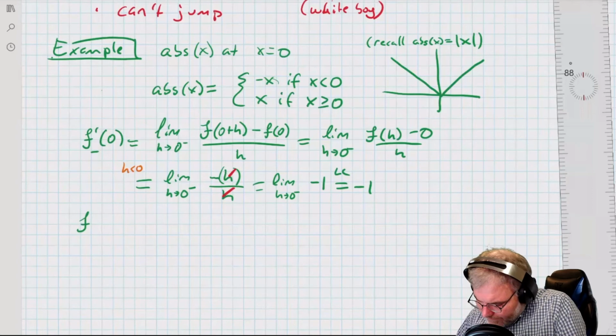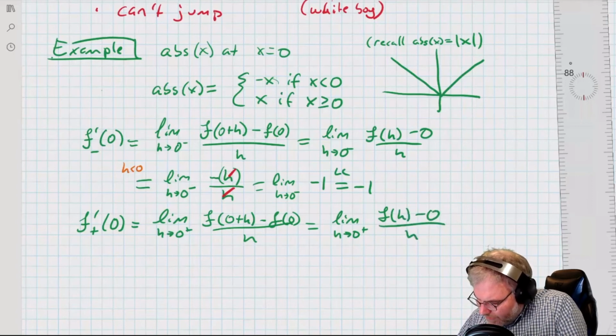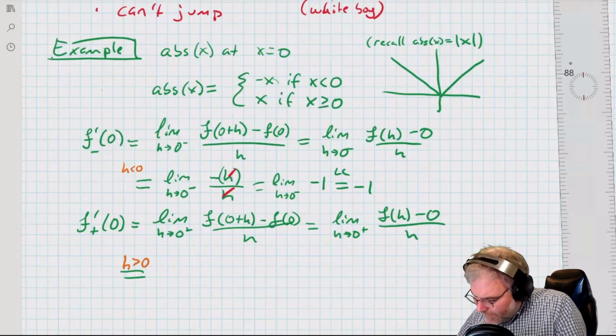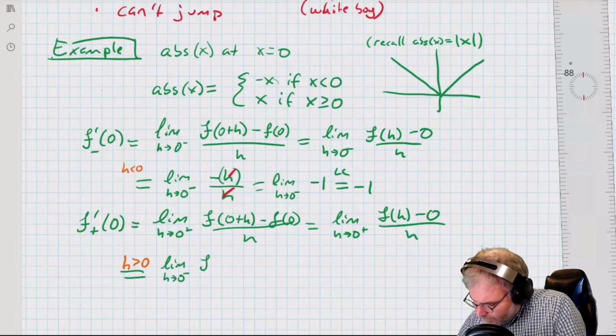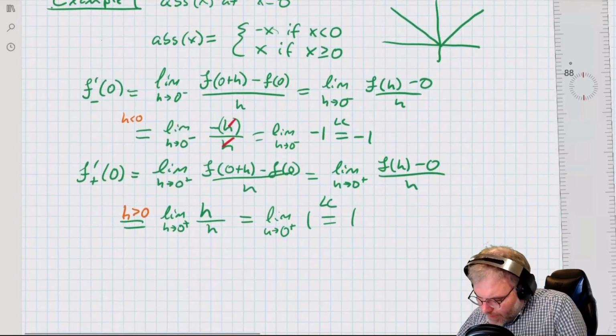Now I do the same thing again. I get the limit as h goes to 0 plus of f of 0 plus h minus f of 0 over h, which equals the limit as h goes to 0 plus of f of h minus 0 over h, which equals, now h is greater than 0, so I'm going to use the other definition. So f prime of x